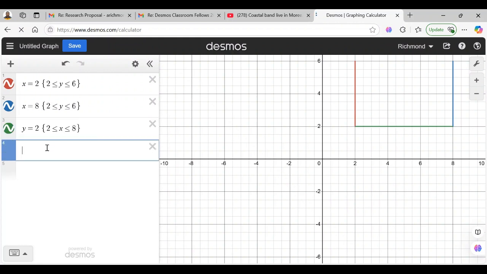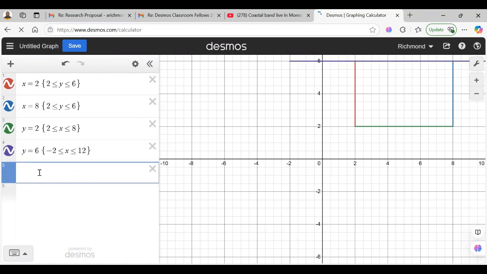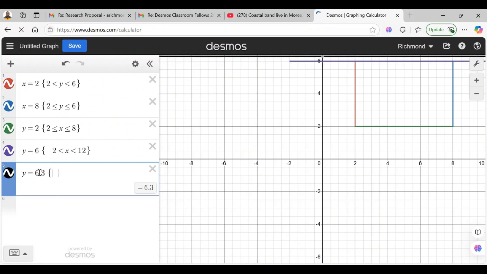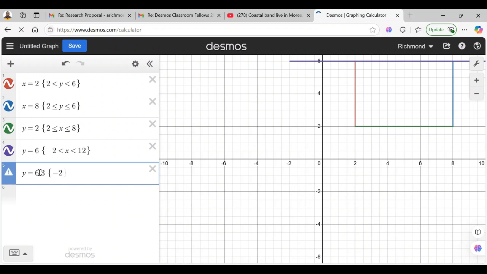All right, so let's have another equation of the form y equals 6, and the conditions here are from negative 2 less than or equal to x less than or equal to 12. Another equation will be of the form y equals 6.3. For the boundaries, we have negative 2 less than or equal to x less than or equal to, let's say, 12. You can also have another one that will be the equation of a straight line of the form y equals